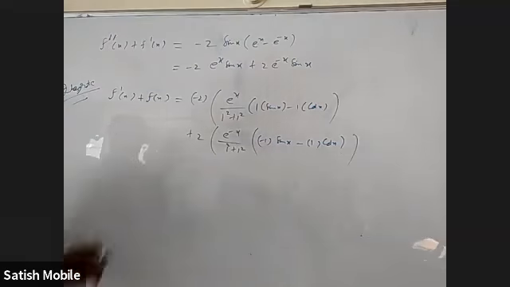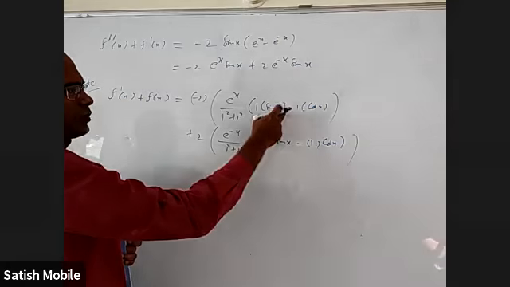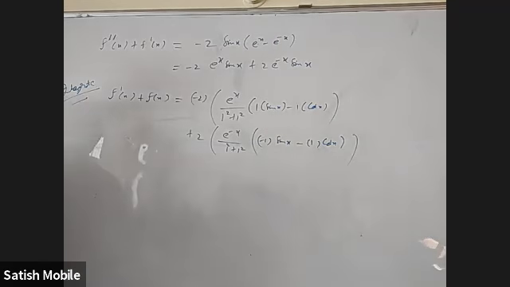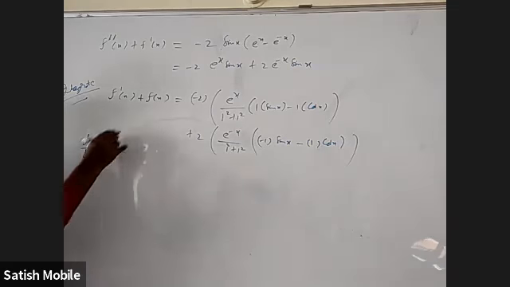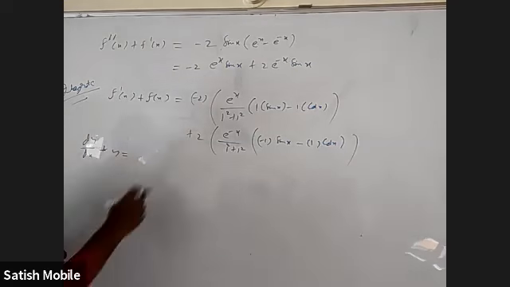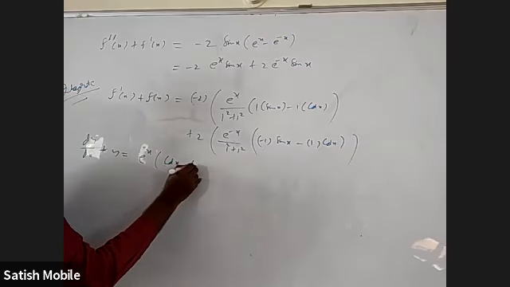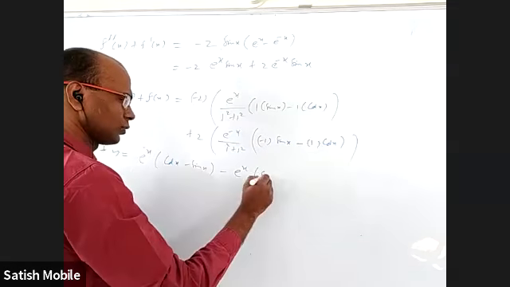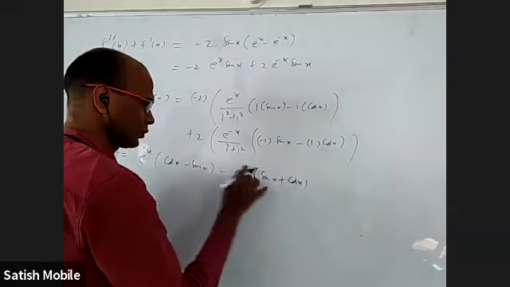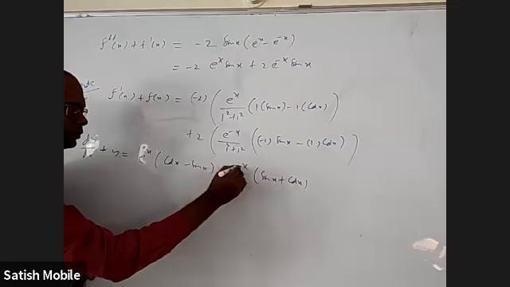So I don't want to apply by parts twice and derive this formula. Already I derived it, I'm just using it. E power ax sin bx is e power x by a square plus b square into a sin bx minus b cos bx. So this after all is dy by dx, this is y. And here this 2 and this 2 will cancel. This one minus goes inside. It is e power x into cos x minus sin x. This 2 will cancel. Minus e power x into sin x plus cos x, or minus x.